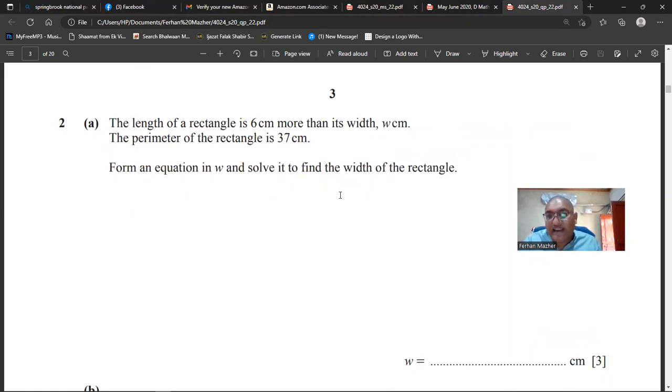The perimeter of the rectangle is given, that's 37. And you know the perimeter of a rectangle is you add up all the sides of the rectangle. So the perimeter will be 2 length plus 2 width, or double of the,